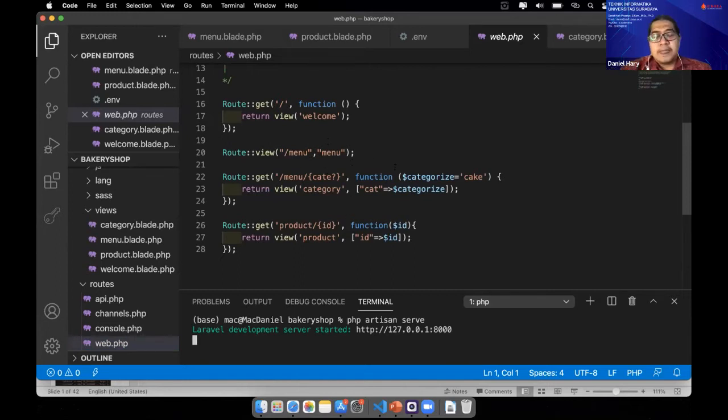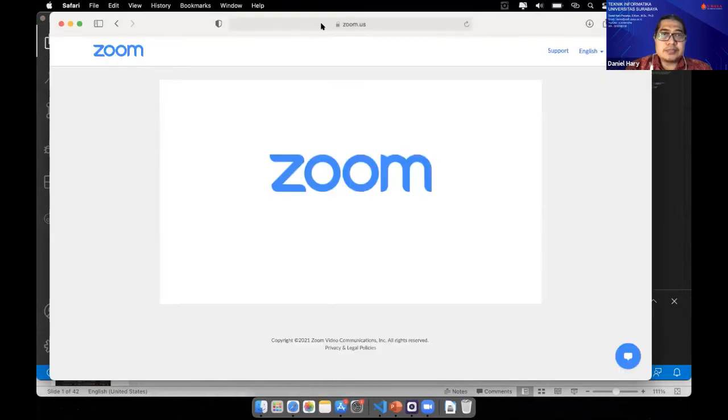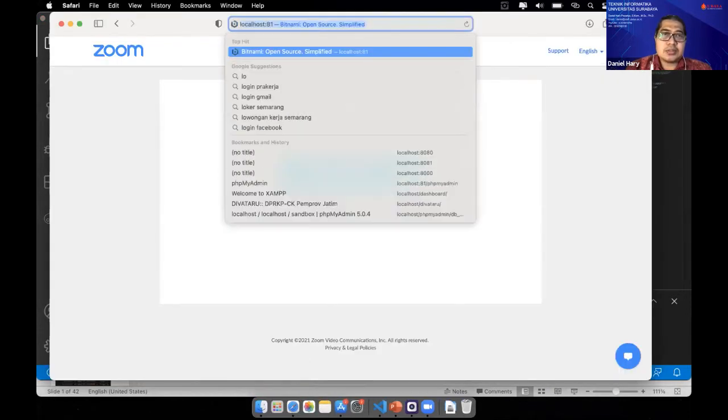I already checked your homework, and I think all is great, but I made some modification in the view, like this one. Localhost.